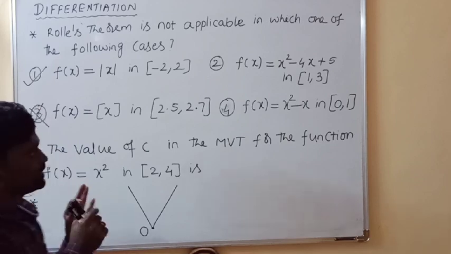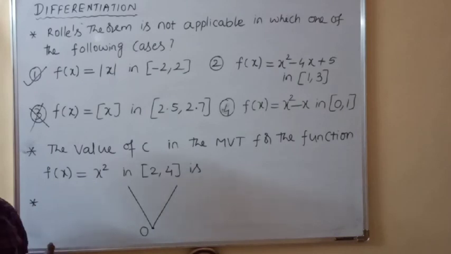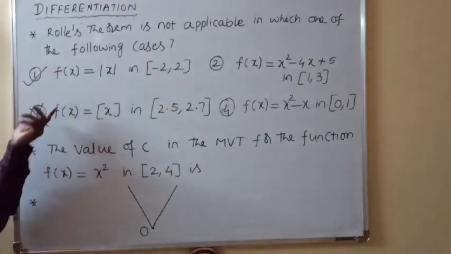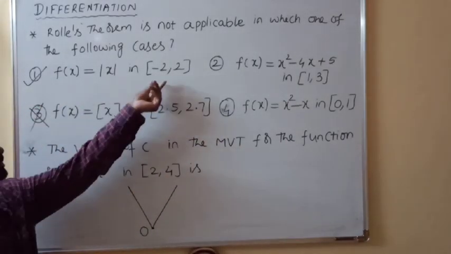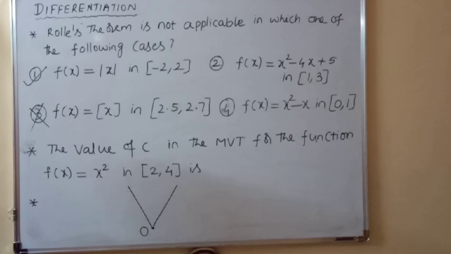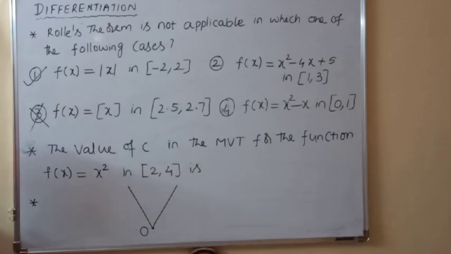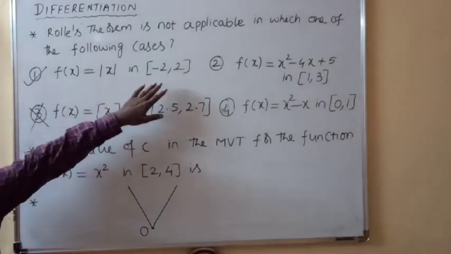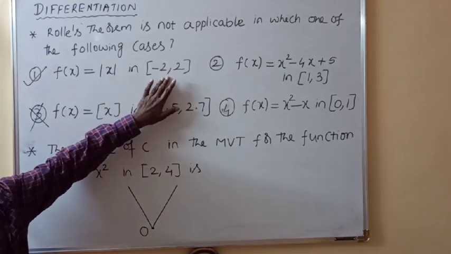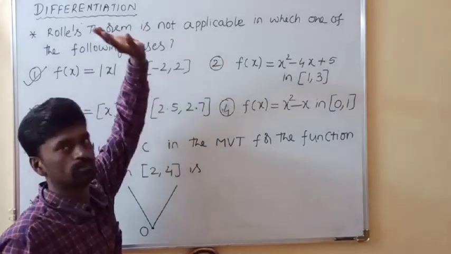Okay. So in this kind of problems, first you verify these two dangerous functions. Step function and mod function. So no need to verify second and fourth because the first option only is correct. Because in this interval one of the points is 0, at 0 mod x function is not differentiable, hence Rolle's theorem is not applicable. Even mean value theorem is also not applicable. Next, suppose if in the given interval no point is 0, then this option is also a wrong option. Then at that time you verify second and fourth options.